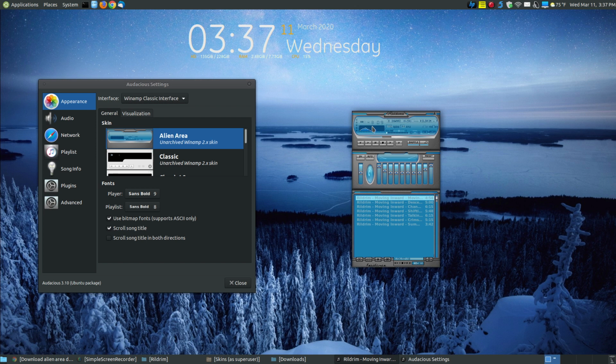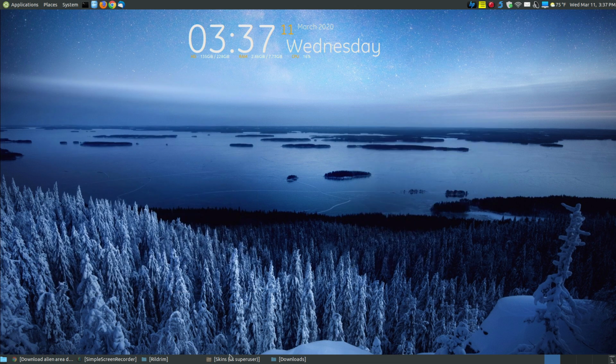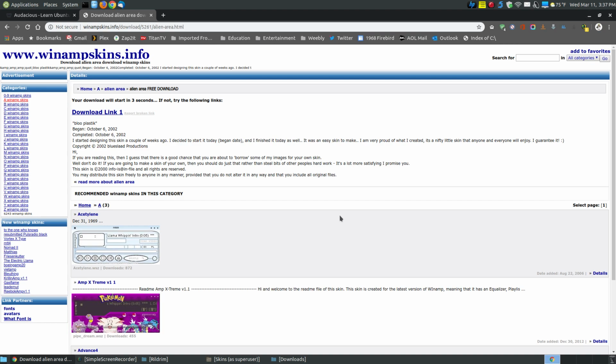The little equalizer is playing here. It shows the time. But that's the skin for this one. If you'd like to download my skin list, and I'll quit this, I do have on my website a list